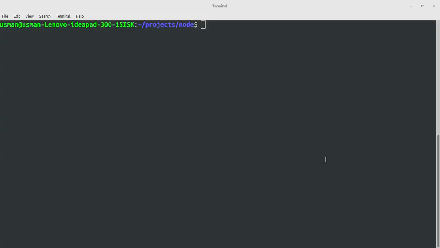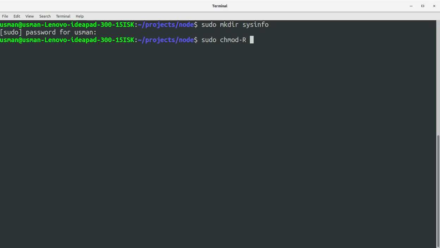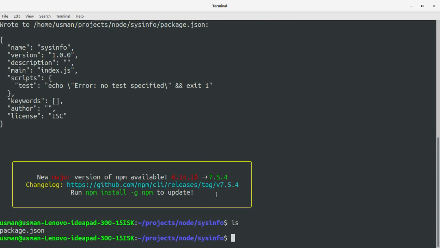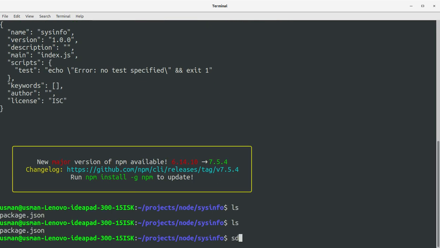So let's start. Go into your command line and create a folder. I'll call it sysinfo. Set the permissions. First things first, sudo npm init -y. We have the basic package.json file, and now let's create